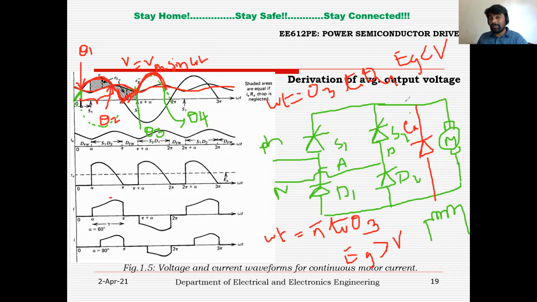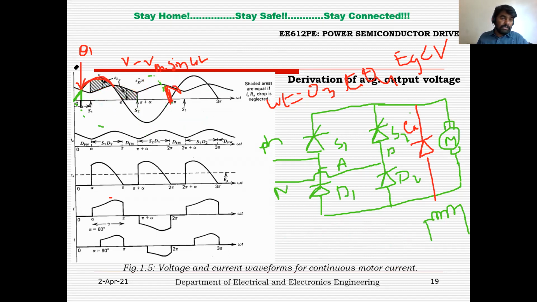So if you want to transfer power during the negative half cycle, right? The alpha should be in between theta 3 and theta 4, right? And after theta 4, up to omega t equal to 2 pi, the battery voltage is more when compared to the input voltage. That is the same case where you can see the battery voltage more when compared to the input voltage. So the overall conclusion is that the firing angle should lie between theta 1 and theta 2 during this interval, or between theta 3 and theta 4, right?